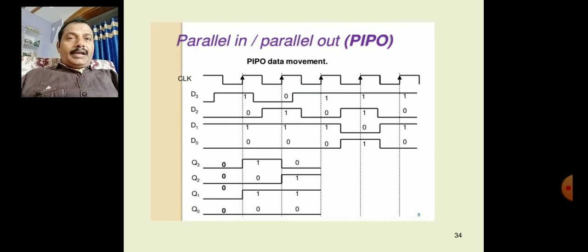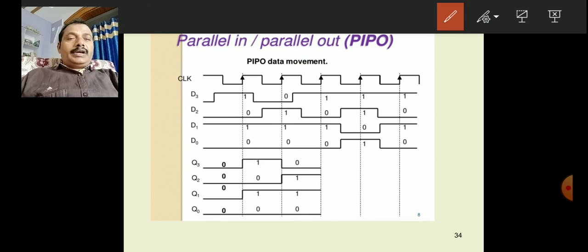So this is the timing diagram of parallel in parallel out shift register. Clock pulse for every edge, if you observe the data input D0, D1, D2, D3 data input values and how they are shifting. If you observe here the values of data input is 1010. In the same clock pulse they are shifted, you see, 1010 in the same clock pulse. So within the same clock pulse they are shifted.